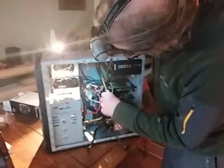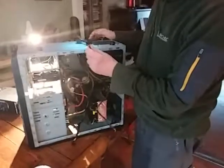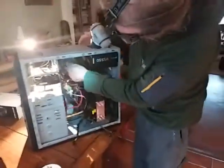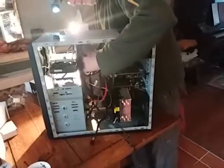The power supply at the top there, with the on switch. I've upgraded the capacity on that so that it could do more graphics and more drives without potentially risking the system. Apparently we didn't have a very powerful one. And then there's